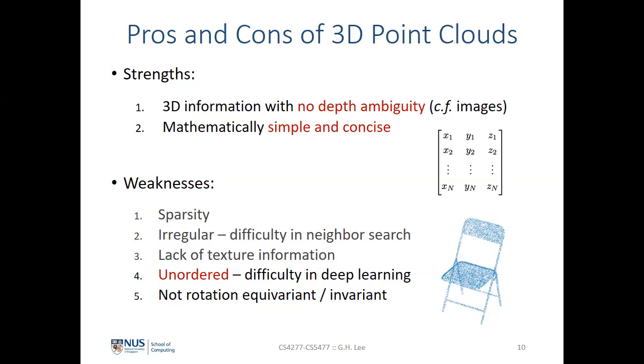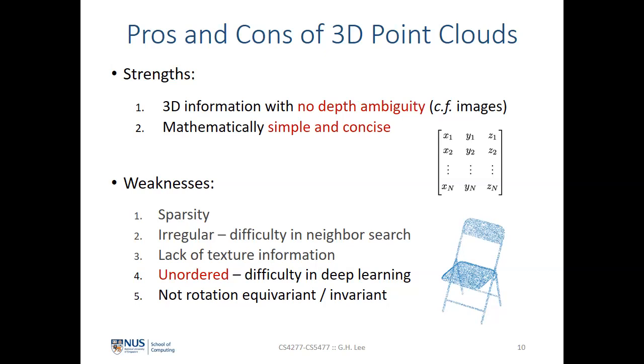It can also be used to do fast search. There are also libraries that do fast search, like the Fast Approximate Nearest Neighbor library. But this is irregular, and compared to an image counterpart, it's much more difficult to search. And there's a lack of textured information, because in the rawest form